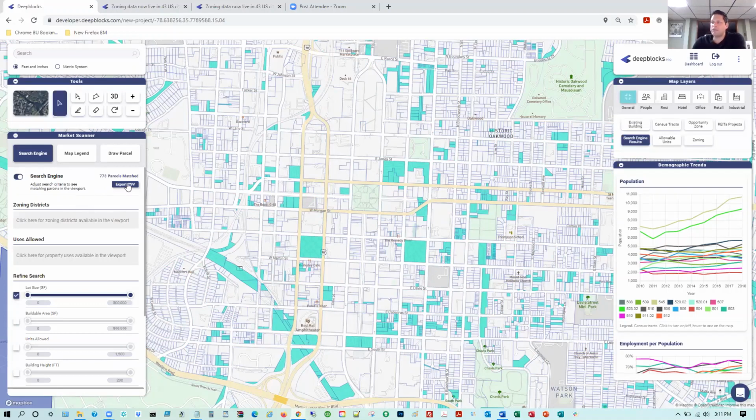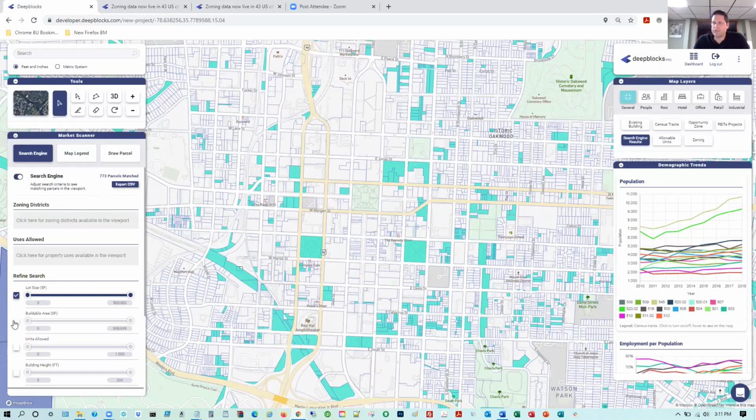And here's that export CSV functionality I was referring to. When you hit this, you receive a CSV file of all the parcels matching the current search, along with about 15 columns of different information tied to each parcel. So it's a very helpful reference point to begin the site selection process. But again, our goal is to narrow down to as few parcels as possible so we can really understand and meet our criteria needs.